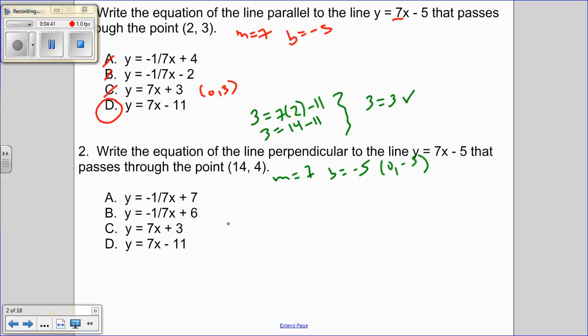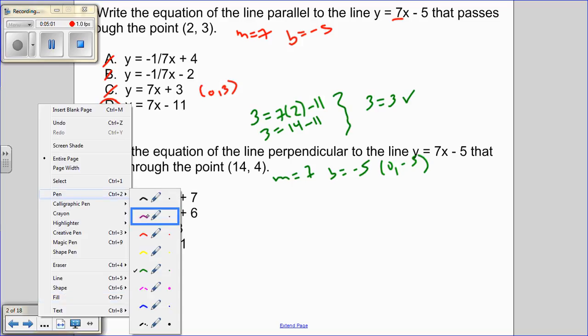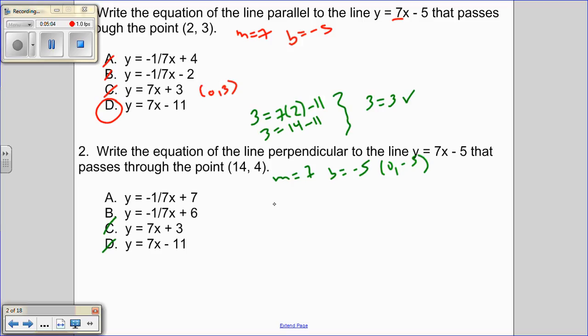We can immediately eliminate the equations that have the same slope, because perpendicular lines are not allowed to have the same slope. They have to be opposite reciprocals. Opposite reciprocal again means to change the sign and flip. Right now, the sign for our slope is positive, so for the perpendicular, our slope needs to be negative. And then we need to flip it. Right now it's 7 over 1. When I flip it, it becomes 1 over 7. So we're looking for the equation where the slope is negative 1 over 7, which happens to be both A